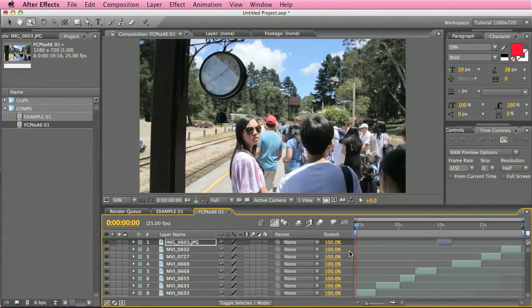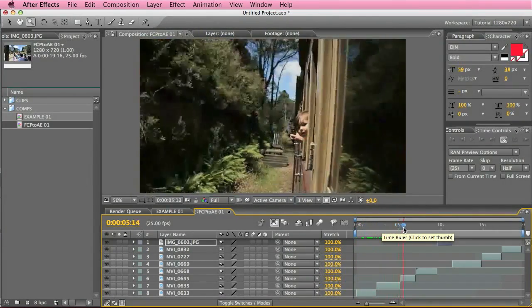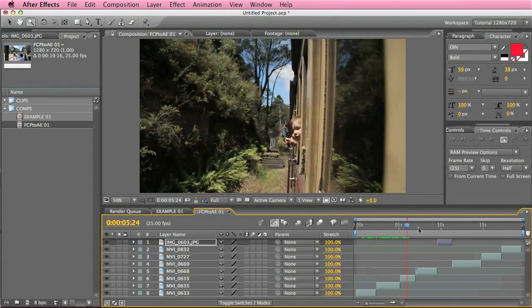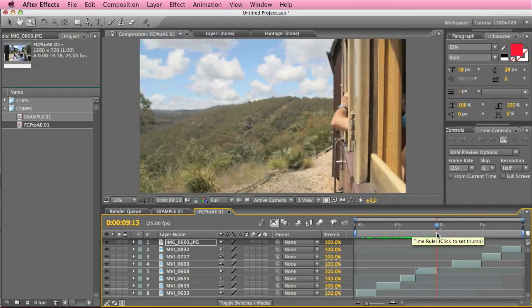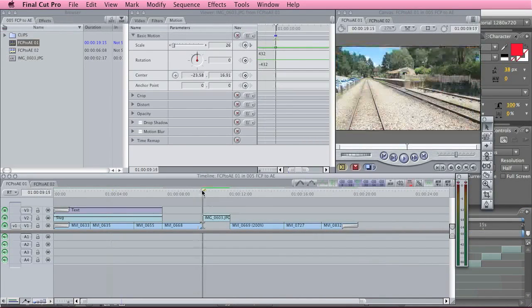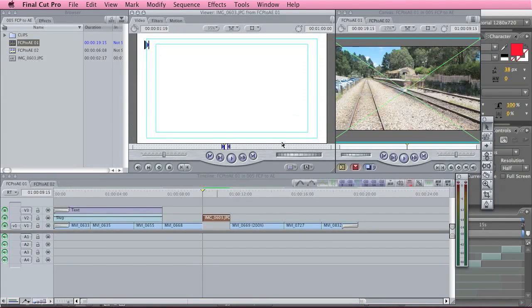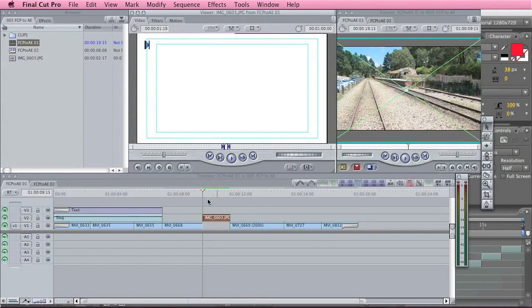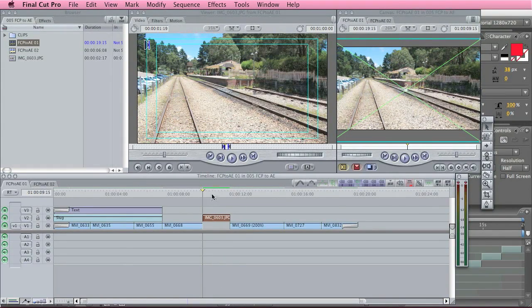If it's going to open, there you go. So you can see here it actually does a pretty good job of keeping the cuts where they're supposed to be, and there you go. It's all lovingly resequenced for you. And what you didn't notice before is it actually imports pictures as well. If you look at this, you'll see there's a little bit of a movement on this picture.